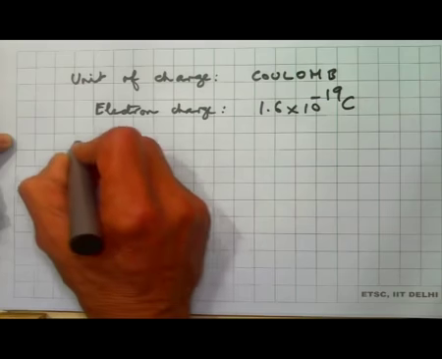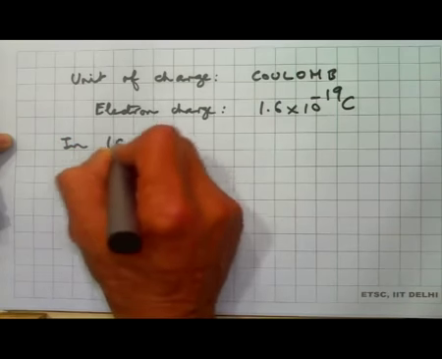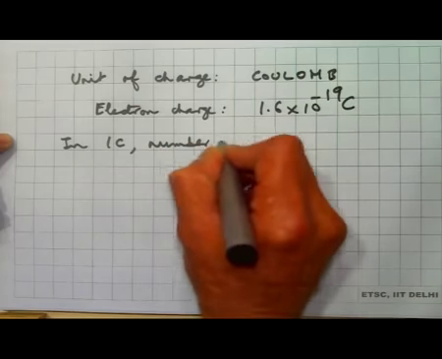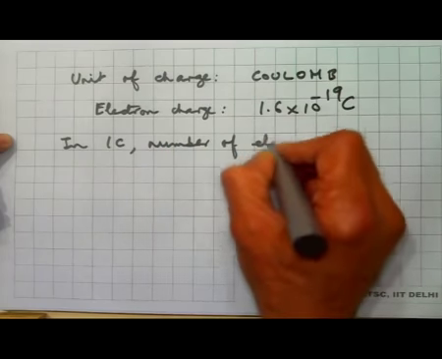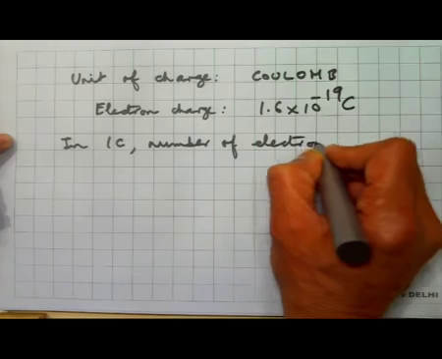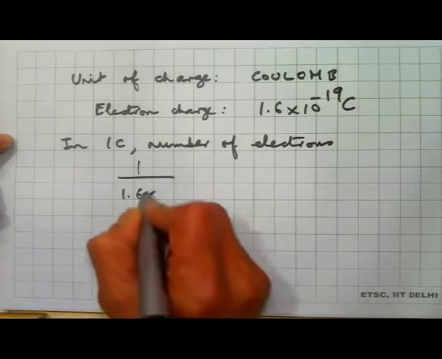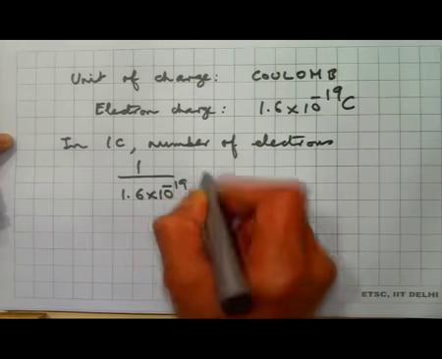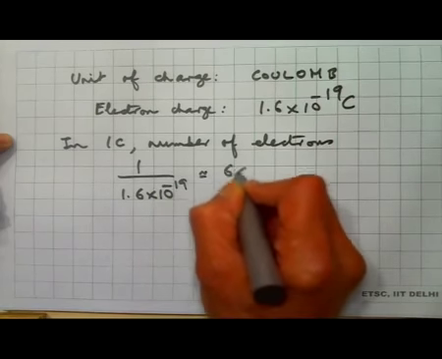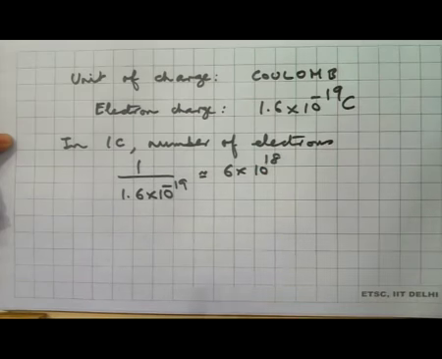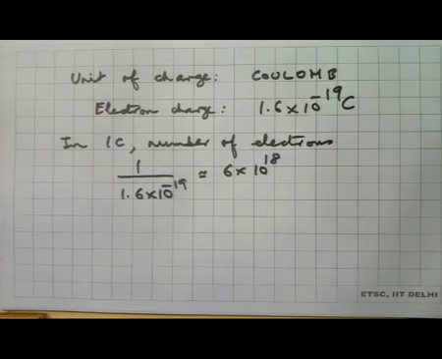So, in 1 Coulomb, the number of electrons is 1 by 1.6 × 10 to the minus 19, which is approximately 6 × 10 to the power 18. So, 6 times 10 to the power 18 electrons are there in 1 Coulomb, and that is a very, very